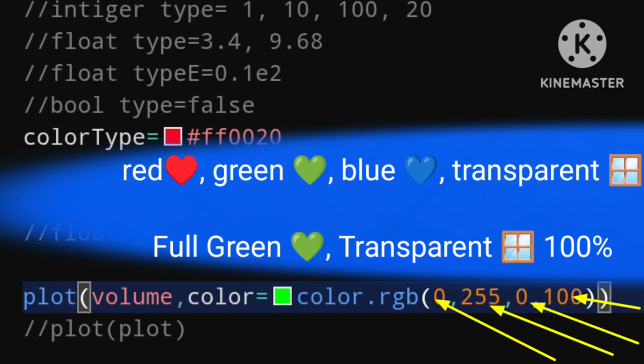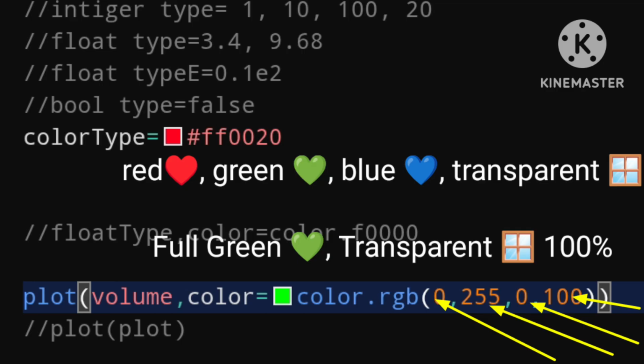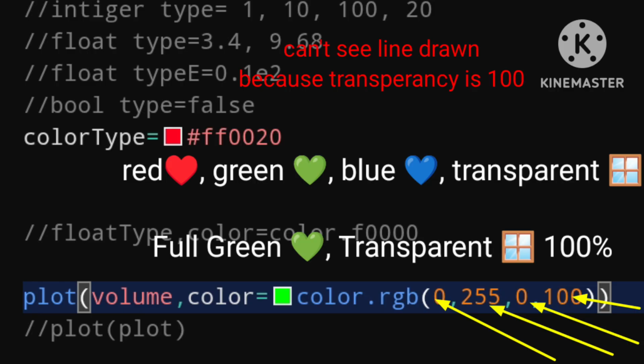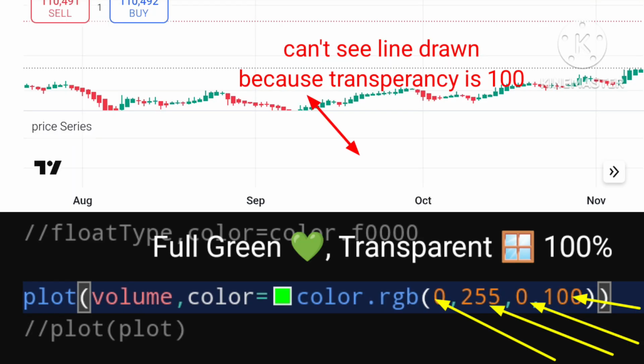And if we wanted to change the transparency, let us say we wanted to make the line completely transparent, we could set transparency to 100%. Save the script, and now the line will disappear from our chart, but it is still plotting up here. So that is one way of plotting values onto your chart without the user seeing the actual line being drawn.